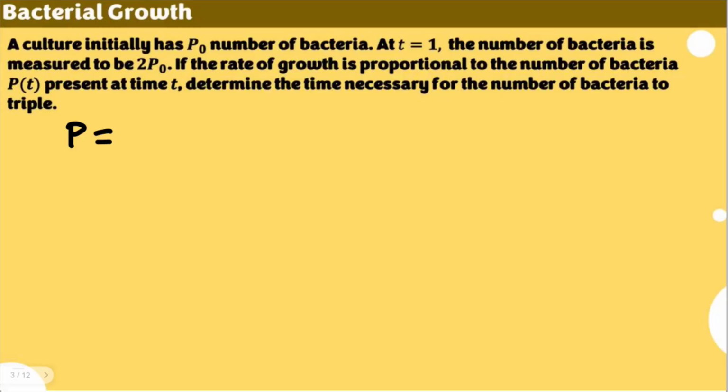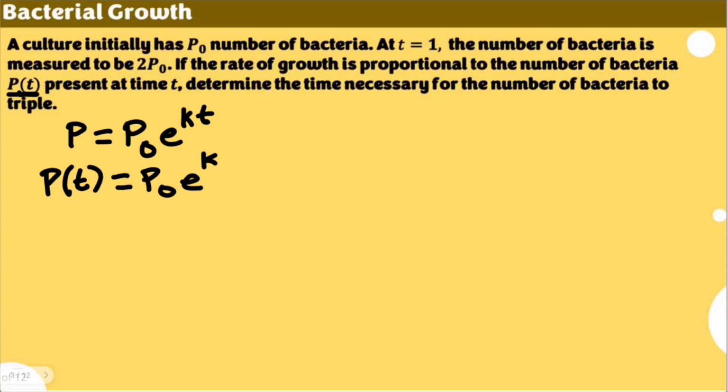The population at a time t is equivalent to P sub 0 e to the power of kt, where t is the time, k is the constant of proportionality, which is true for all situations in the specific problem, and P sub 0 is the initial population. Now, this is actually P of t, at a time t. So this is also described as P of t, which is still P sub 0 e to the power of kt.